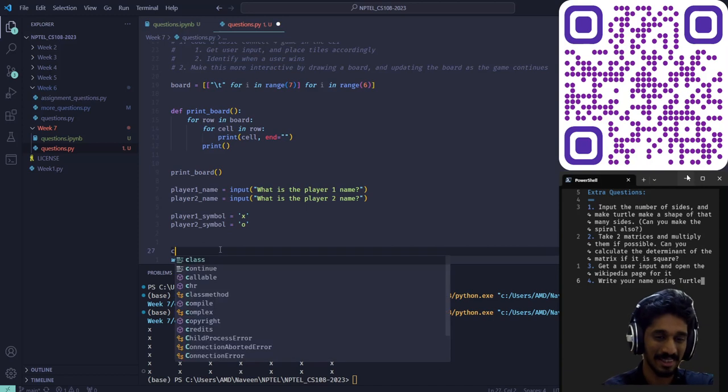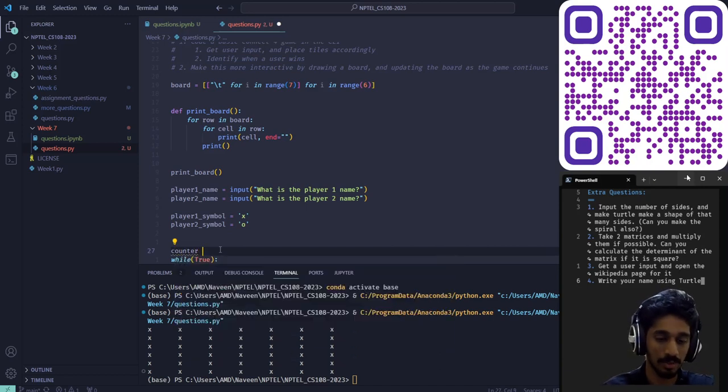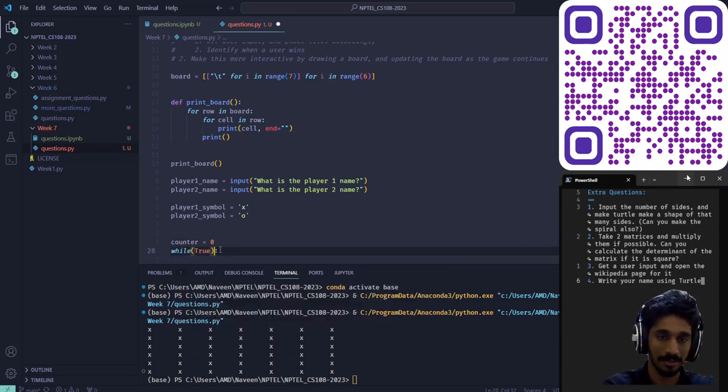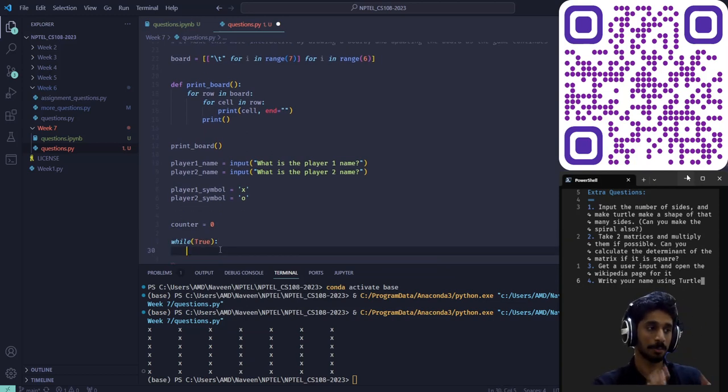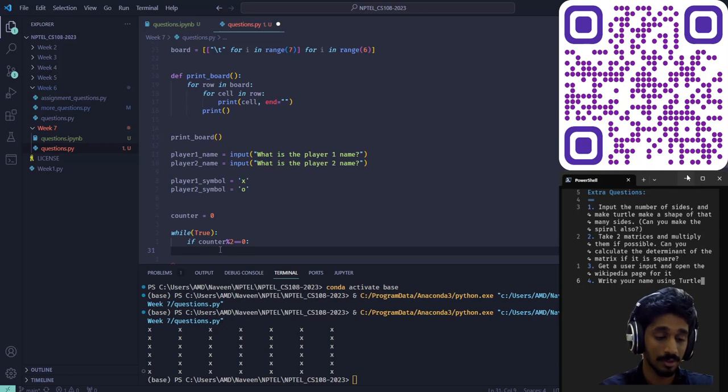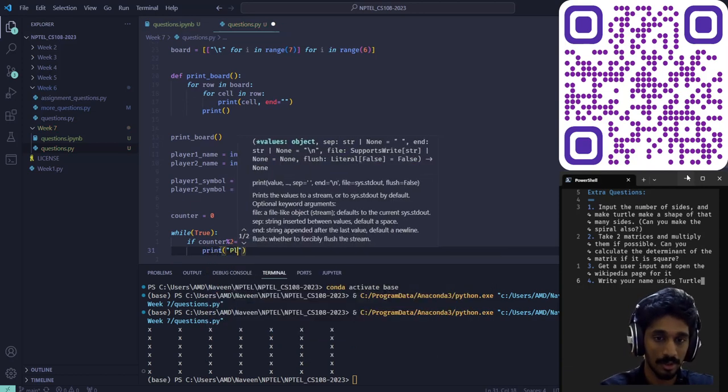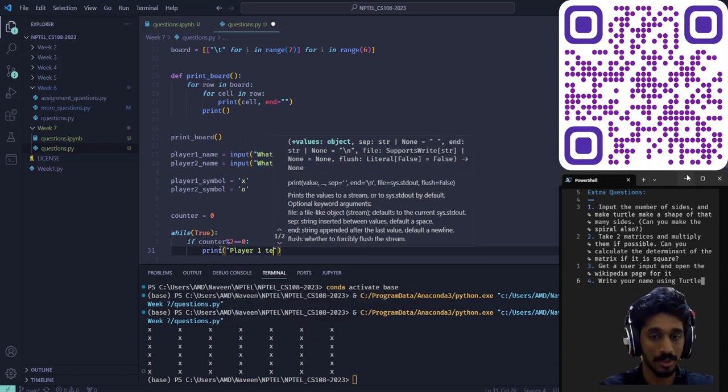We also need a counter for the turns. Counter is equal to 0. So if it's player 1's turn, the counter will be even. If it's player 2's turn, the counter will be odd. If counter mod 2 is equal to 0, then player 1 turn,